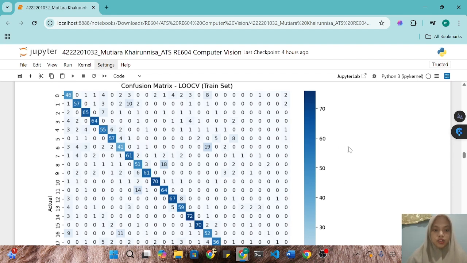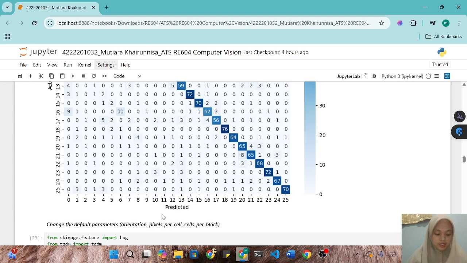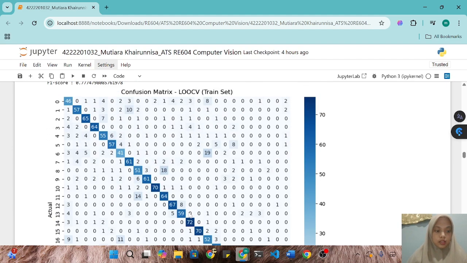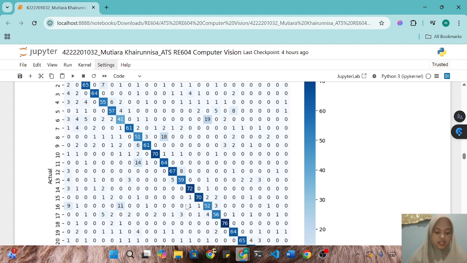Okay, this is the confusion matrix of LOOCV in the train set. It shows the result of evaluating the classification model on training data using the LOOCV method. Each row represents the actual class, and each column represents the predicted class. Diagonal numbers, for example 48, 57, 65, and etc., indicate the number of correctly classified data for each class.